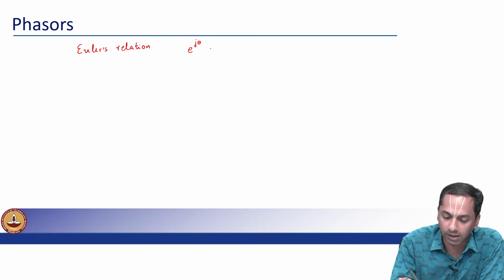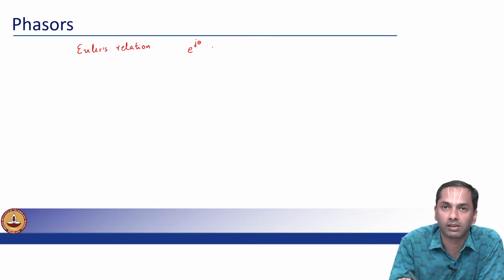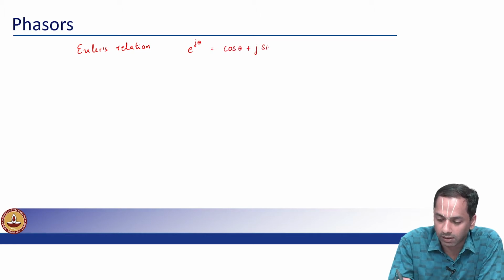So we'll just say that e to the j theta, where j stands for square root of -1, is equal to cosine of theta plus j sine of theta,